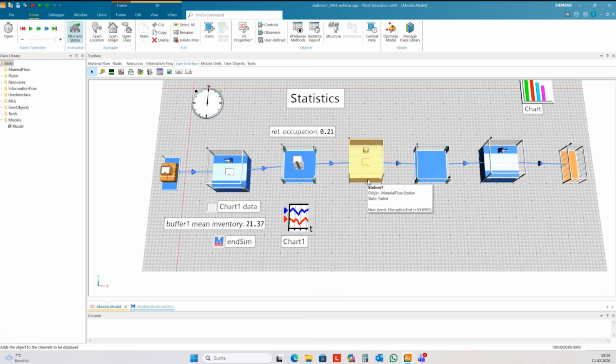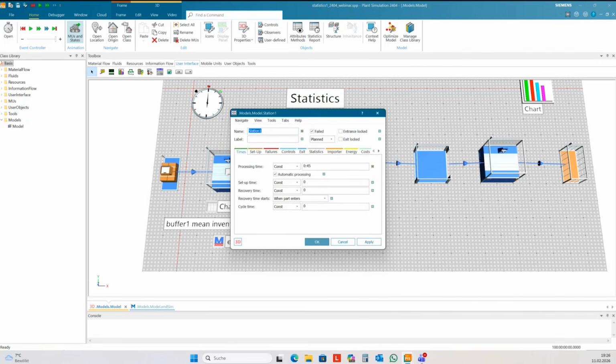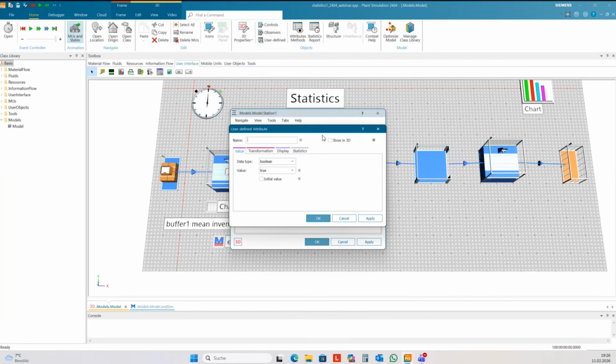And so I can create a user-defined attribute. I name it blocking rate as a real value.